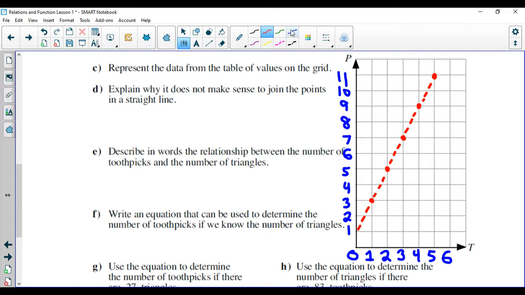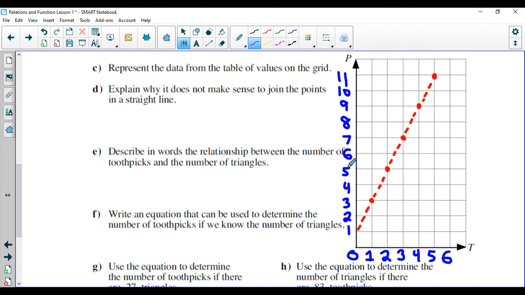Now, what this means is that if you have a line that goes through all these points, you could look at any point on the line and it must make physical sense. So let me take an example of a point that doesn't make any physical sense. So let's look at what would happen if you had,